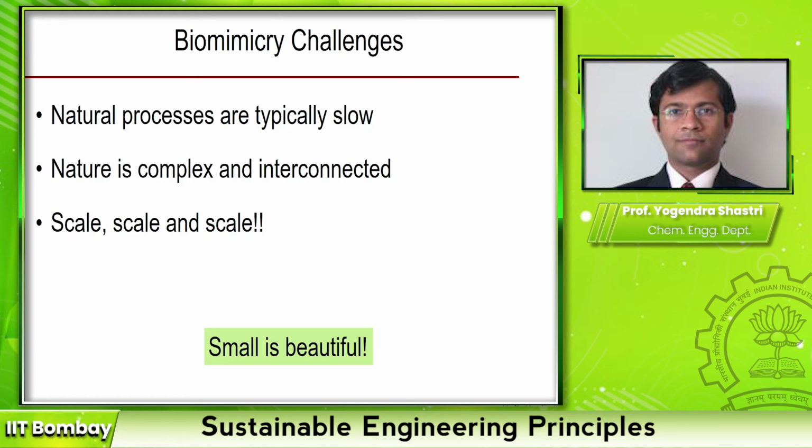So similarly, in biomimicry, there are some challenges that we need to address. The first challenge is that many natural processes are generally slow in nature. So they take a lot of time. In fact, the reason we often want to go to high temperatures and high pressures is because we want to speed up things. Because our demand rates are very high, and in order to produce at that rate, we need to go to higher temperatures, pressures, and so on. But natural processes typically are slow, and therefore there is this challenge of producing enough to meet our demand.